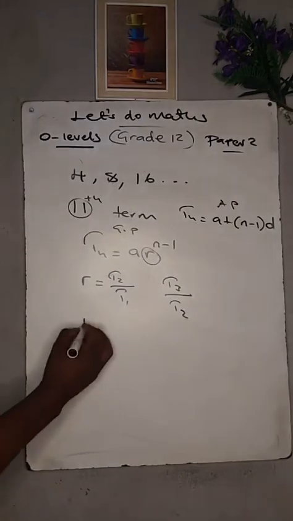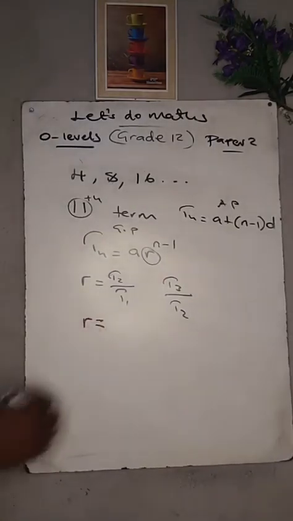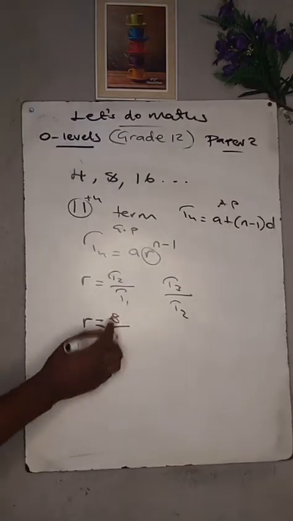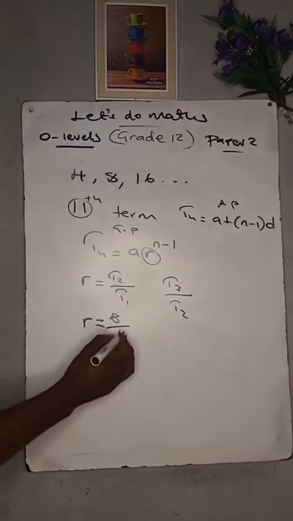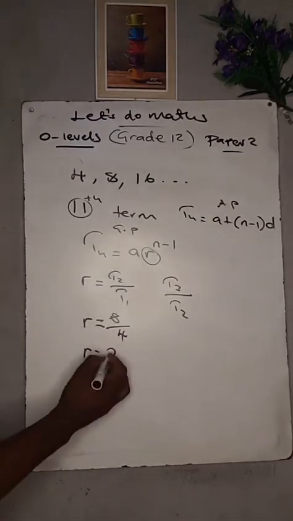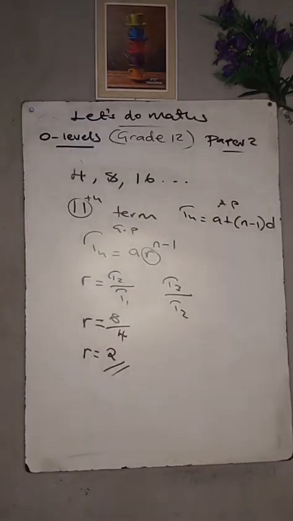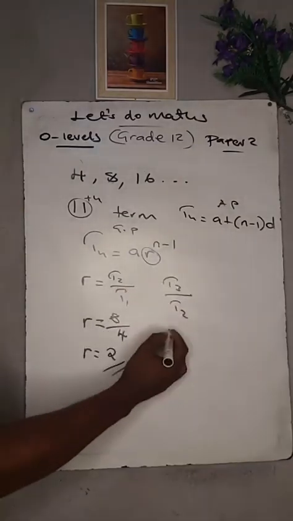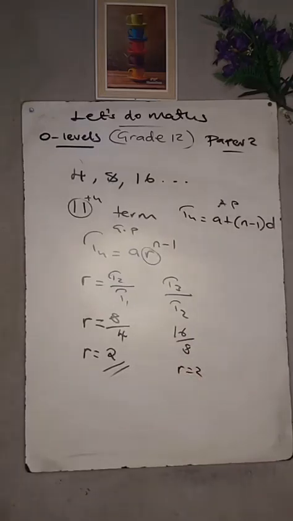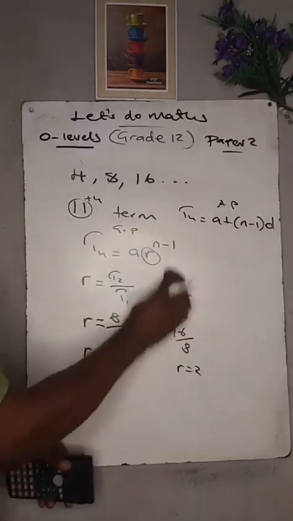Then we say common ratio is equal to, our second term is 8. So we're going to say 8 over, our first term is 4. So now we're going to say 8 divided by 4, it is 2. So our common ratio is 2. Same thing, if we were to do this, it will be 16 over 8. 16 divided by 8, it is still 2. Alright, so our common ratio is 2. Now, since our common